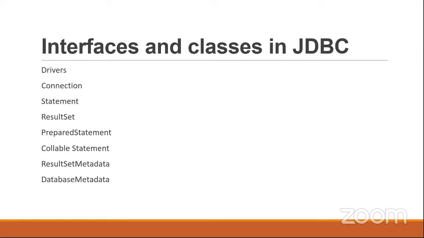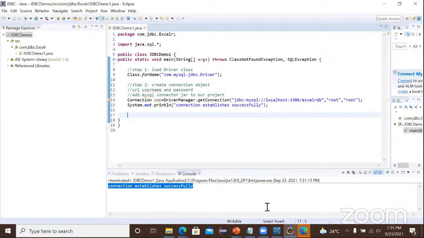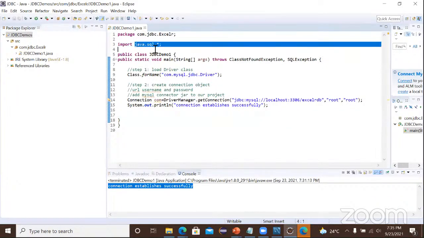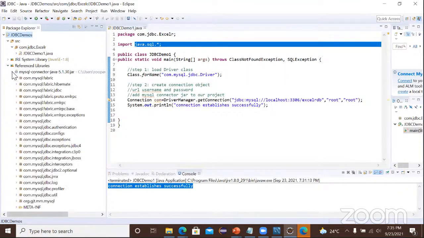So what are those interfaces? We have discussed the driver and connection. Now it's about statement. Statement is an interface in the JDBC API. And one more thing: you might get the question, are these classes really defined in this SQL API? If you want to check, you can go to this reference library, and here you can click on this arrow,